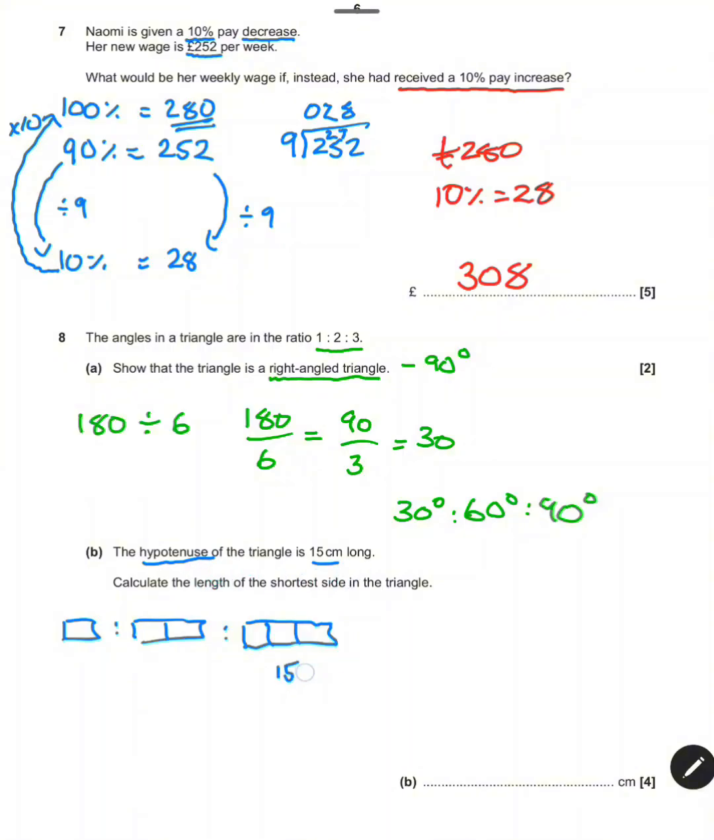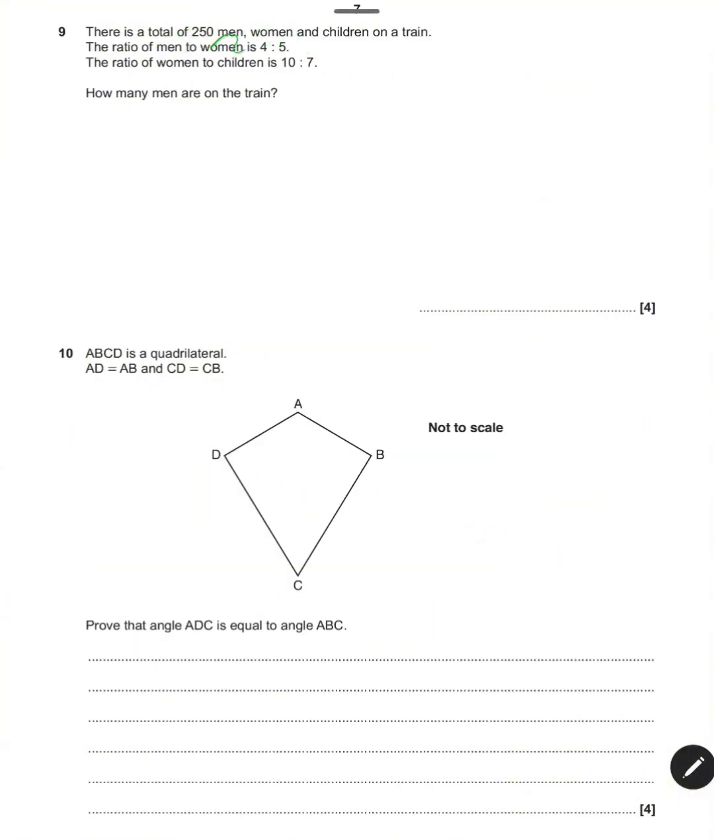So I'm going to share the 15 just across that 3 parts. And we get 15 divided by 3, which is 5. Each of these parts is now worth 5. The shortest side is represented by that. Must be 5 centimetres. Question 9. We've got 250 men, women and children on a train,